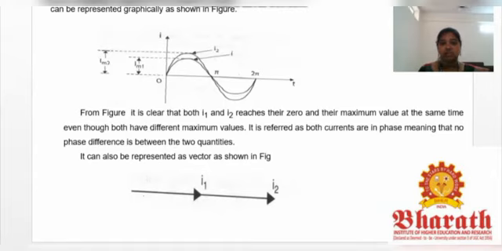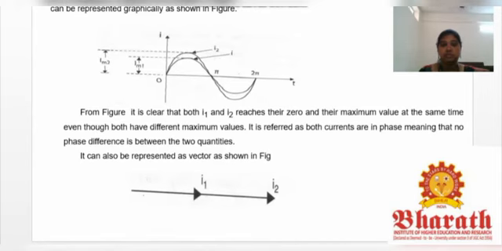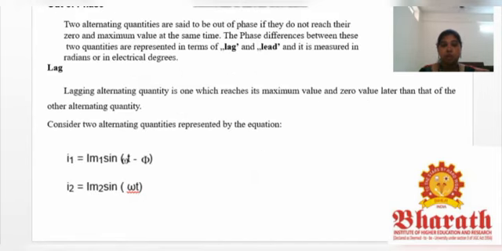So this is the diagrammatic representation, that is, the graphical representation. This is the vector representation. With one current as reference we have to draw the other currents. Here the two currents I1 and I2 have no phase difference between each other. Both are going together at the same instant of time, so I am drawing the two currents I1 and I2 in the same line. This condition we call in phase. As there is no difference between currents I1 and I2, we call this condition in phase with each other. So the next condition is out of phase.